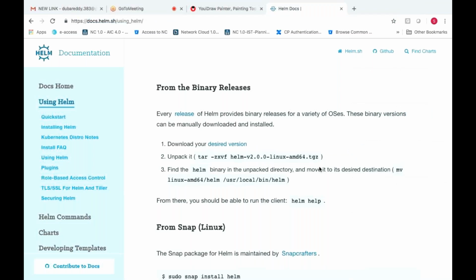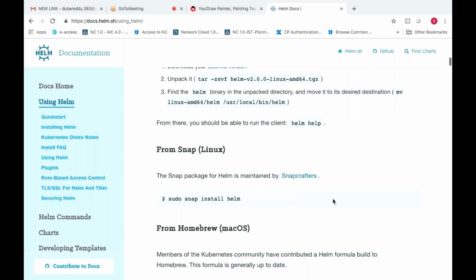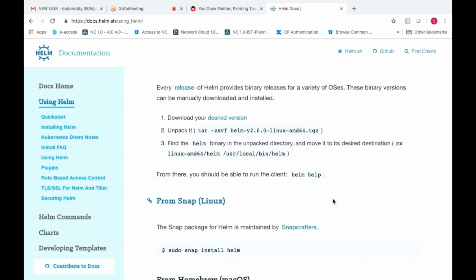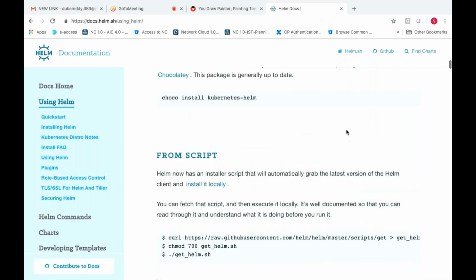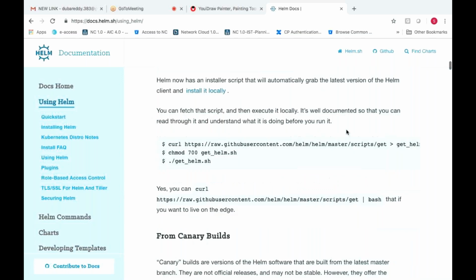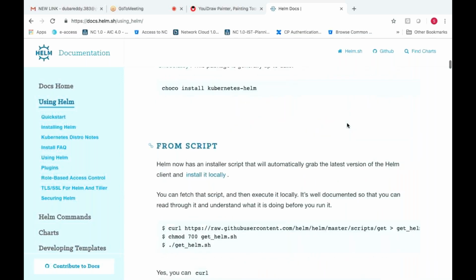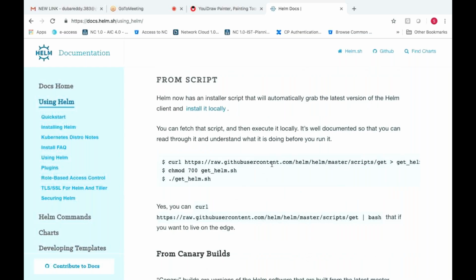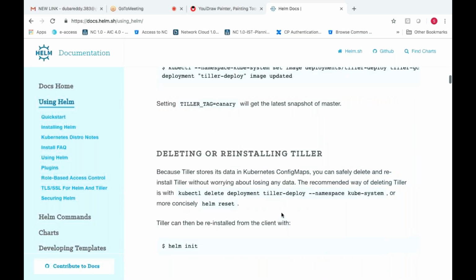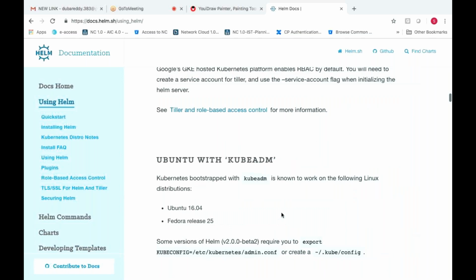Just follow, and we need to copy our binary file to this particular location. And once you use helm, it should work properly. Okay, so this is how it works actually. And tiller we need to install. Okay, if that is not working, then we need to use this one. Any method, see, there are plenty of methods to install.